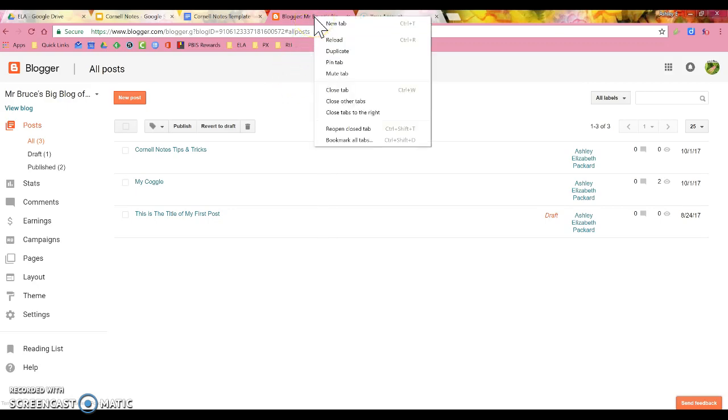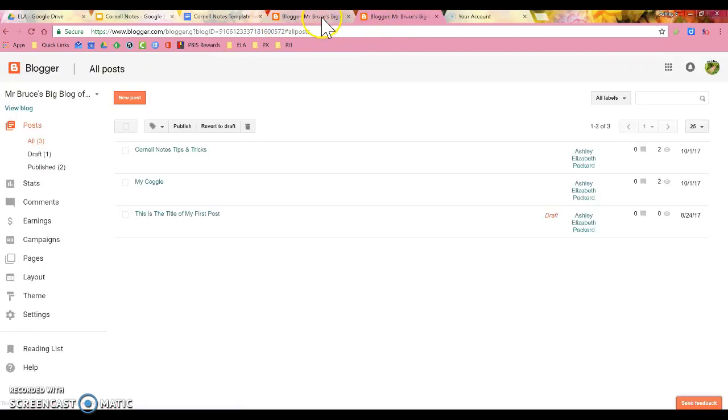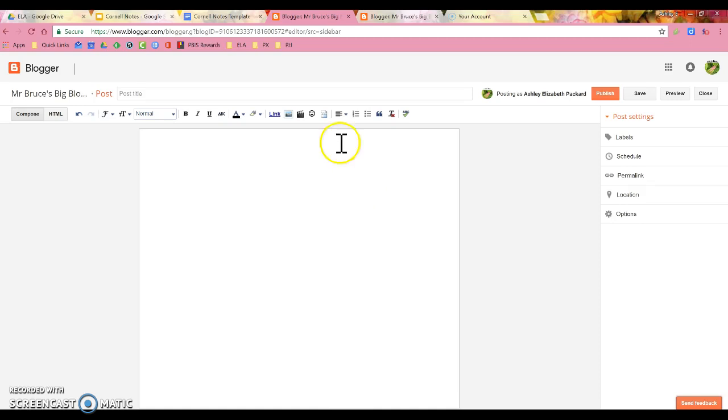So I'm going to right click on my tab and click duplicate so that I have two tabs open that are the same thing. On one of the tabs, I am going to open a new post just like I normally would. And what I'll do is I'll title this one, and maybe this is something that I want to share for whatever reason I'm required to share it. It doesn't matter. Whatever the reason is, you always are going to title it and write something in the compose